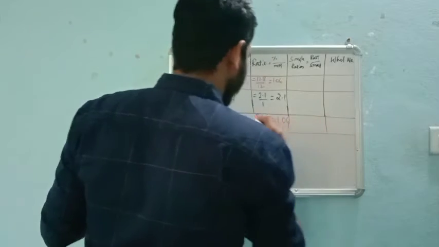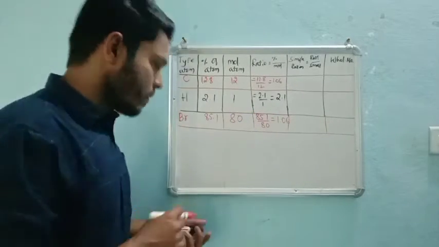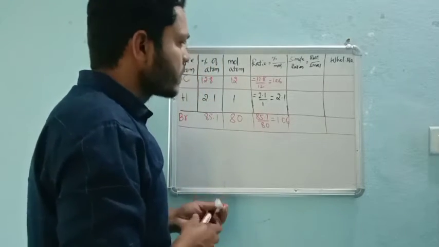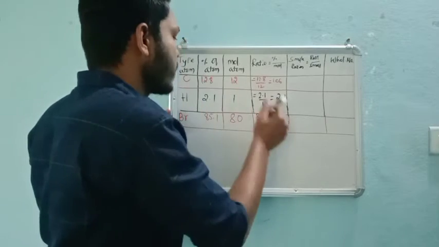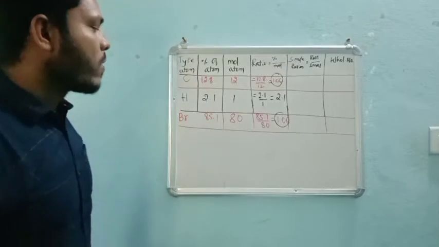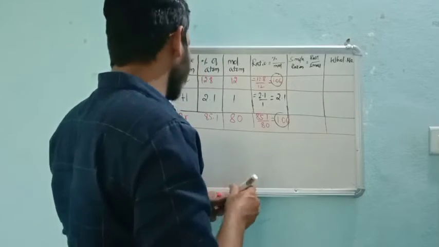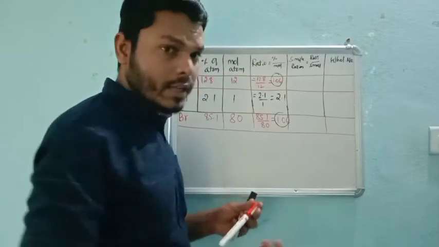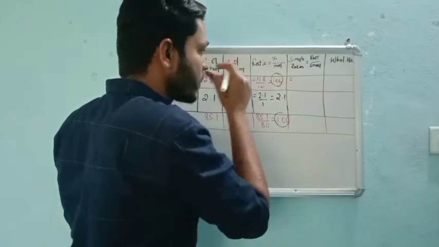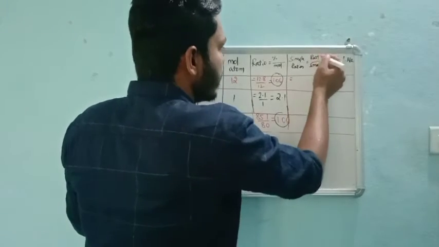See here we have three values in the ratio. So among those three, which one is the least? 1.06 is less. In either case, carbon as well as bromine, we have 1.06 only. So now you can take any small ratio, bromine or carbon, both are the same. Once we get the simple ratio, then we can calculate the small ratio, simple ratio.